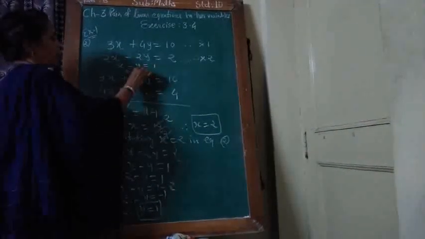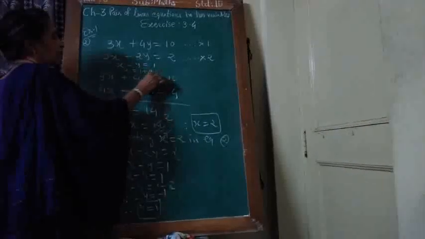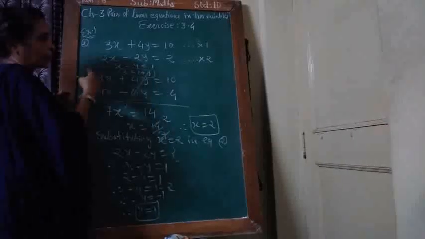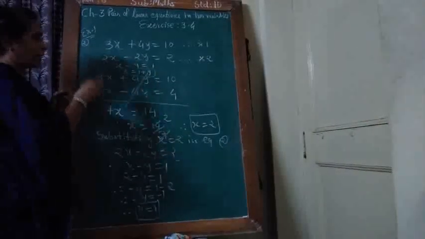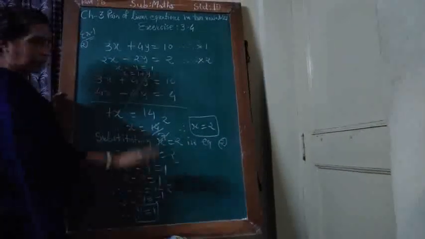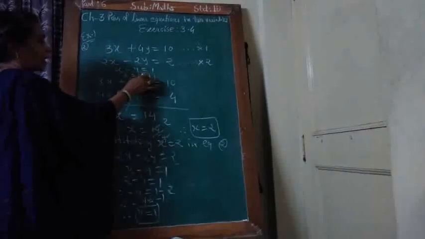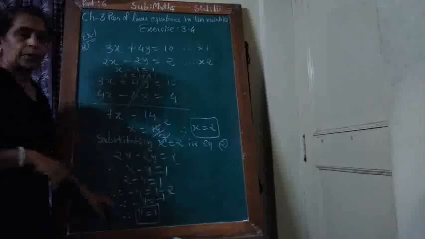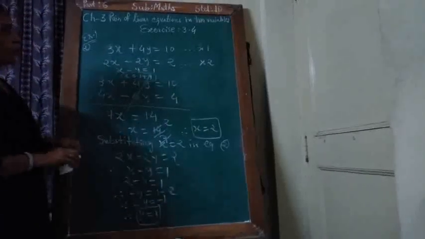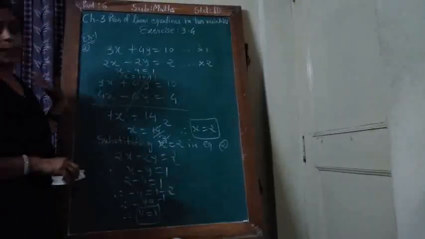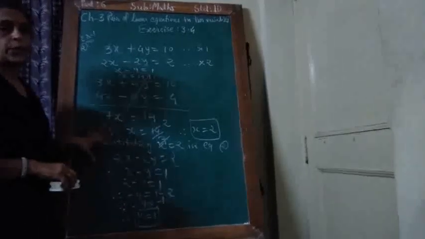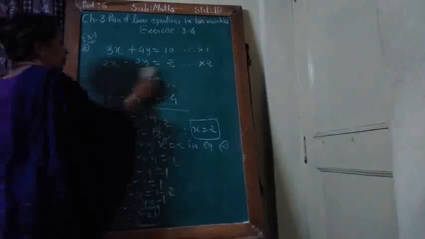X equal to 1 plus y, and substitute this value in here. So 1 plus y, and if you simplify then you get the value of y, and whatever value y equal to 1 you get. And if you put here y equal to 1, then you get 1 plus 1, 2. So already I explained you substitution method, and I have already explained in exercise 3.3. So here I only explain you the elimination method.